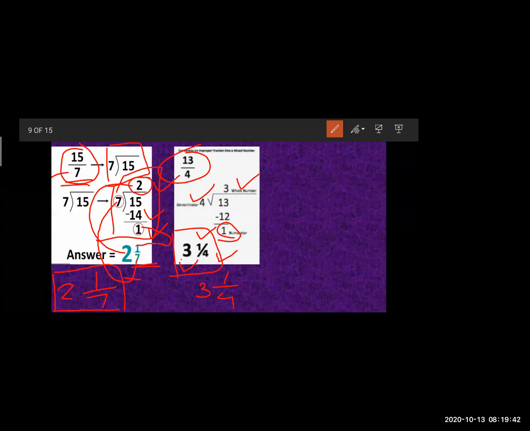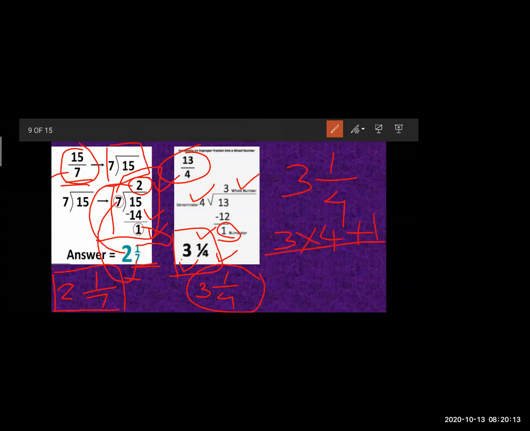Now, see, just an example for you. If I convert this mixed number into a fraction, what will I get? This is your answer, 3 1 upon 4. If I have to convert it into a fraction again, what will I do? Anyone? How can I convert it into a fraction? 3 multiplied by 4 plus 1. Very good. So we will do 3 multiplied by 4 plus 1.